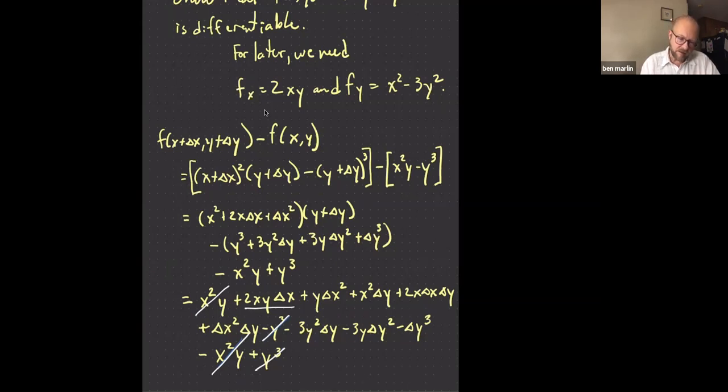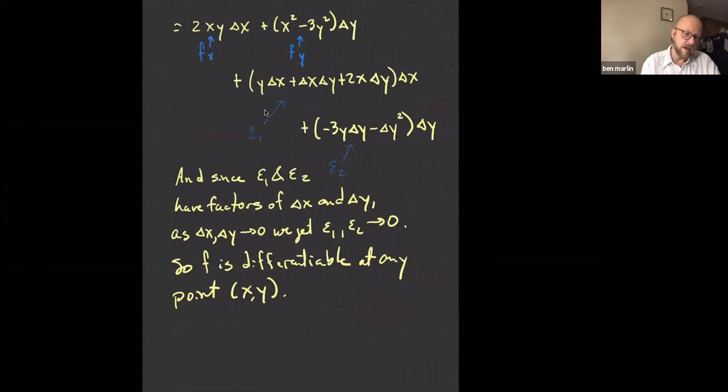If we look at stuff that has just a delta y, we have the x squared and the minus 3y squared, okay? So here on the next page, we're going to put that f sub x, and I drew something a little too thin here, I'm afraid. But we've got the f sub x times the delta x, and we've got the f sub y